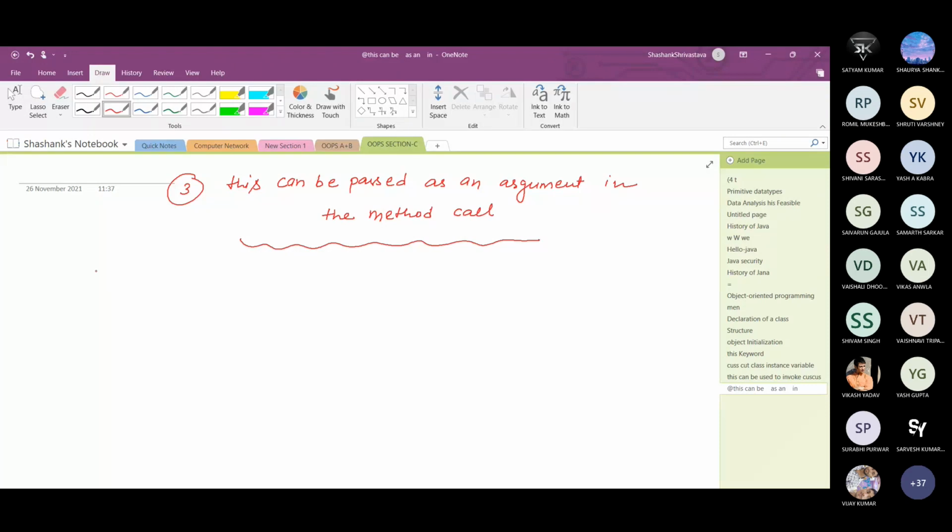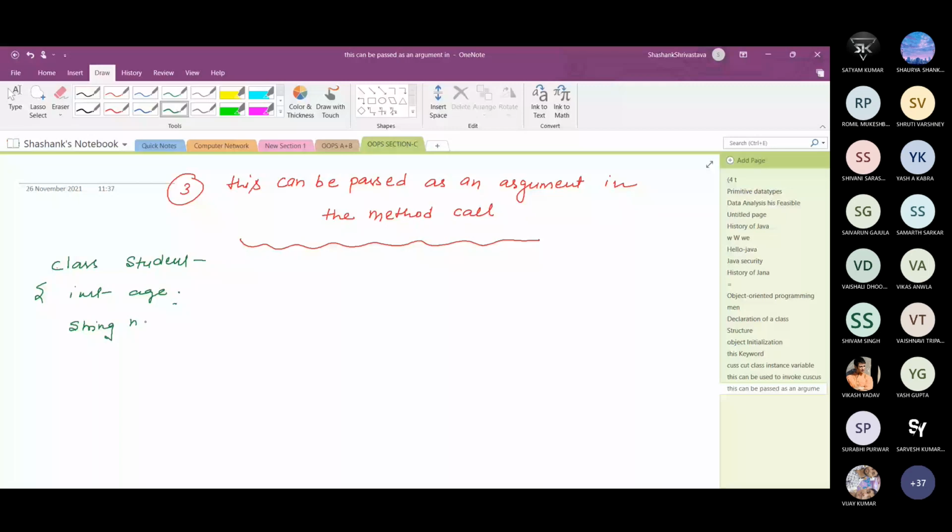Suppose I write an example of the same class Student. There are two parameters, integer age and string name.